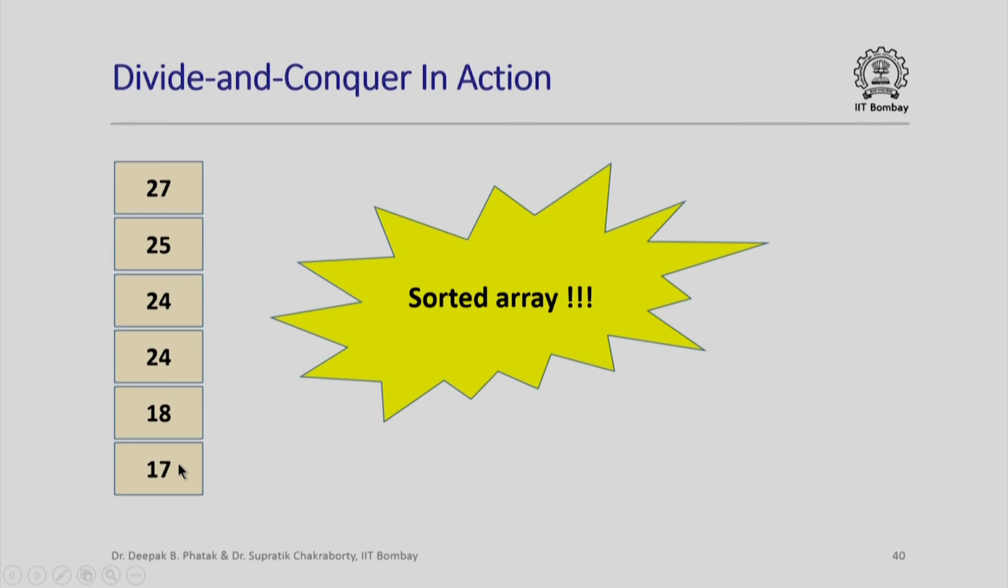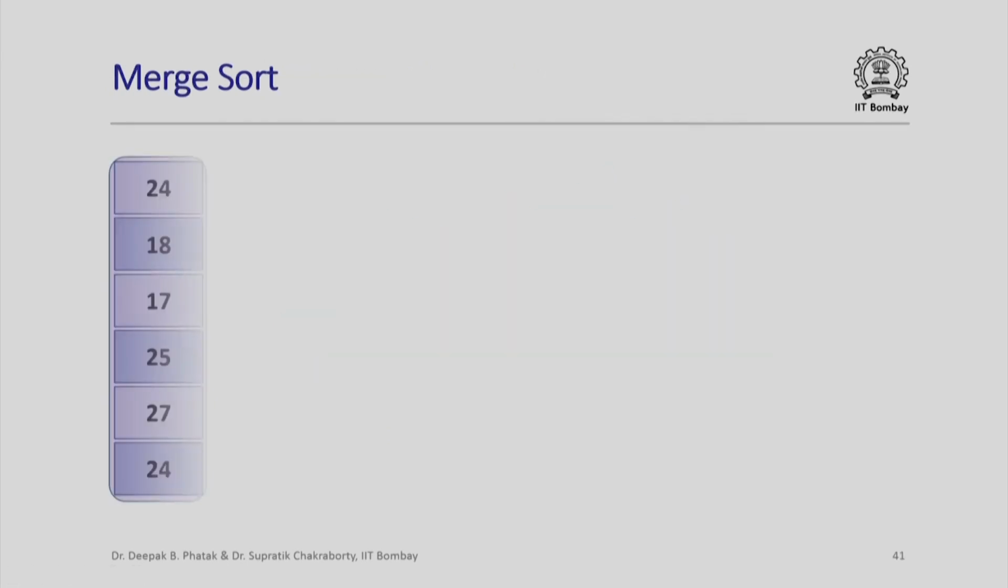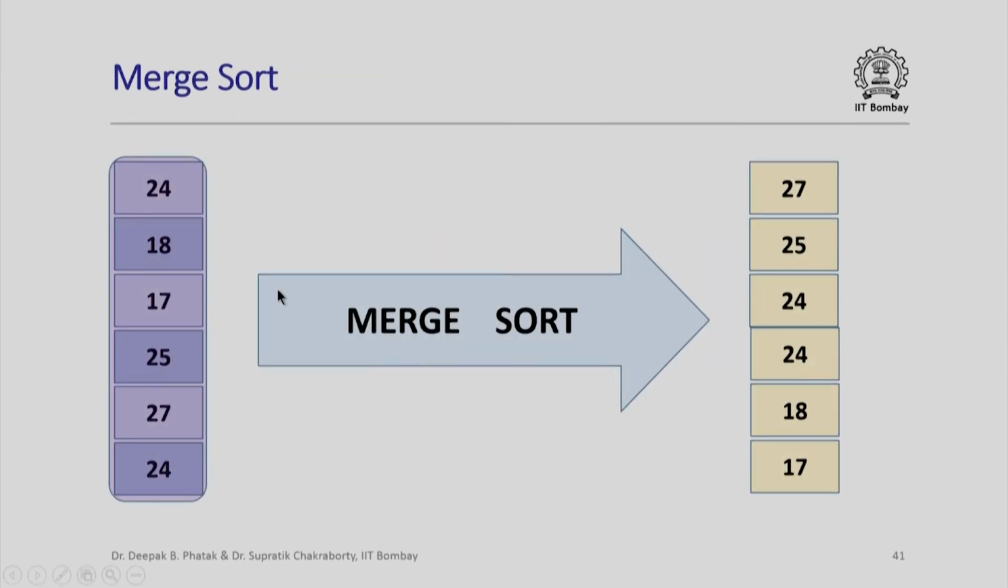So finally we have our sorted array, and in fact this technique that I just showed by means of an animation to go from this unsorted array to this sorted array is also called merge sort. You would have noticed that merging two sorted subarrays was really the key step in this technique, and hence the